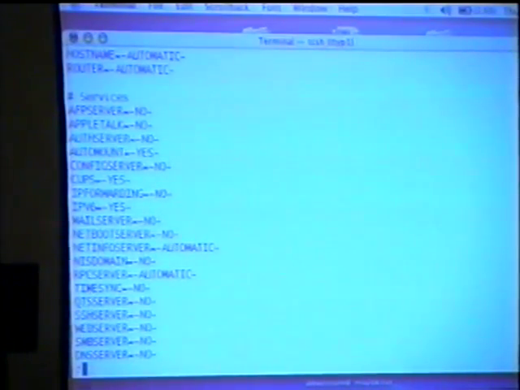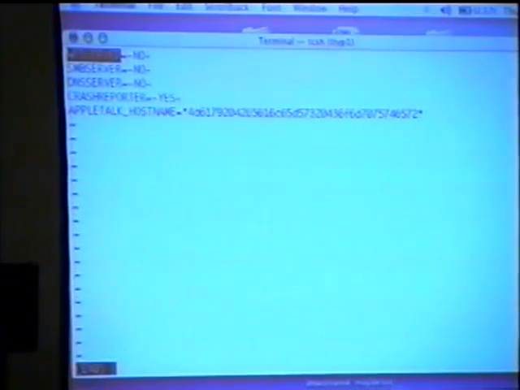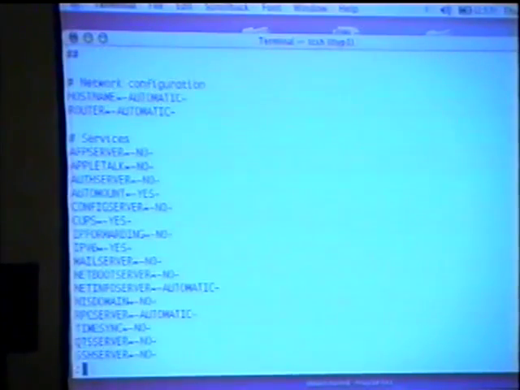We can see that if we look for web server. And it's right, yeah, it was on the first screen. I just wanted to highlight it. So web server's set to no by default. There's a bunch of programs in here. We'll take a look at this file because we'll be shutting things down. Now, /etc/rc is going to source that file.